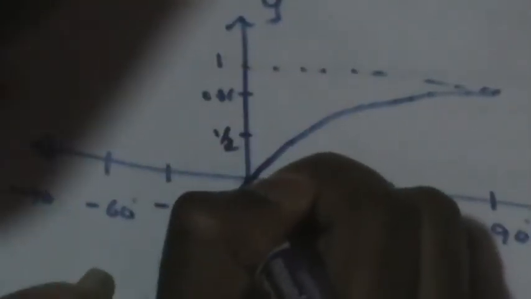In this sector, the graph will be, at minus 90, we have minus 1, minus 0.86, minus 0.5. So the graph will be somewhat here, somewhat here, somewhat here. So the graph will be like this. Alright? So this is the sine graph between minus 90 and plus 90. So I need to actually draw the graph of y equals minus sine (x plus 60) by 3.